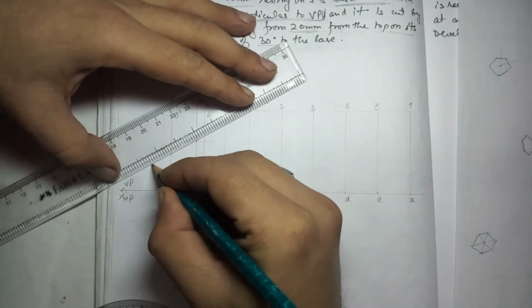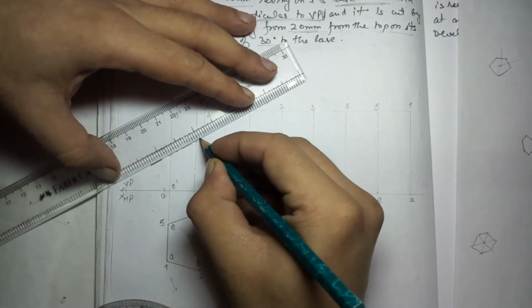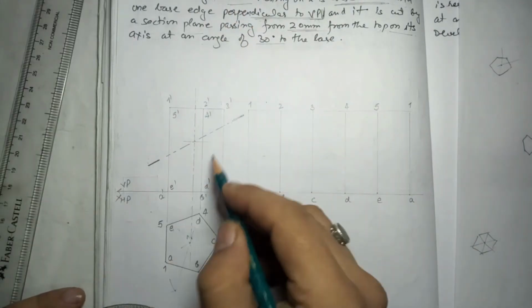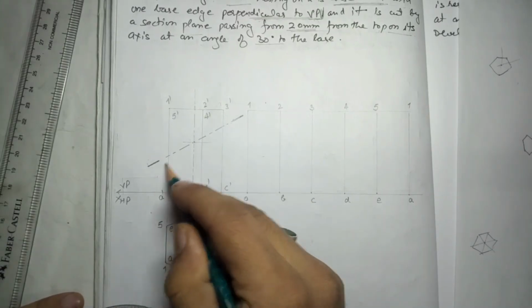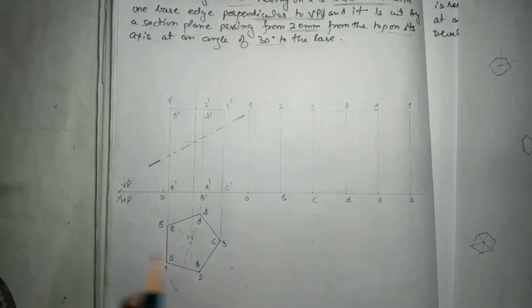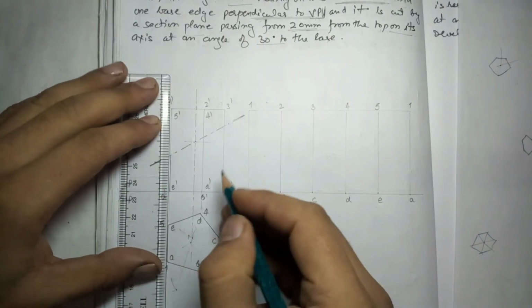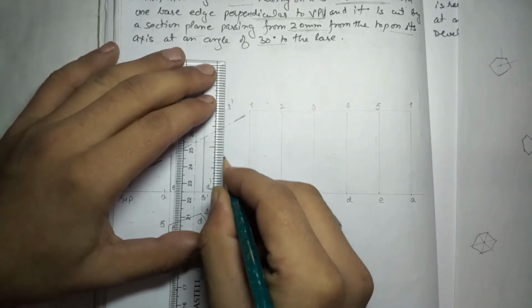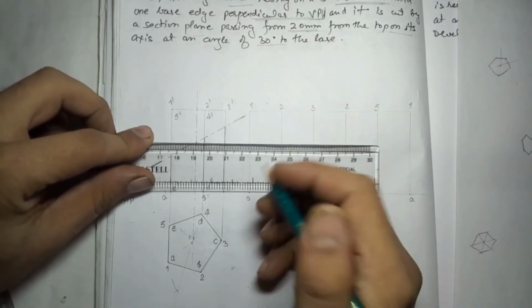How we draw the section line? One long, one short, outermost edge is dark, just same as the center line, only the outermost edge is dark. So object is being cut from this point 20 from the base on axis at 30 degree. Now I can darken the remaining part. Means after sectioning, after removing, this part will be removed and this will be the remaining part. I am darkening that part only, and here the base also,